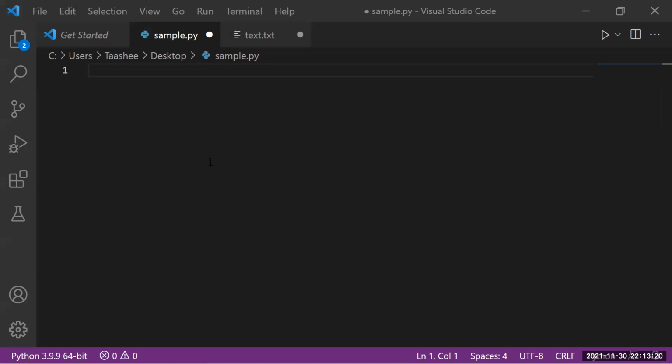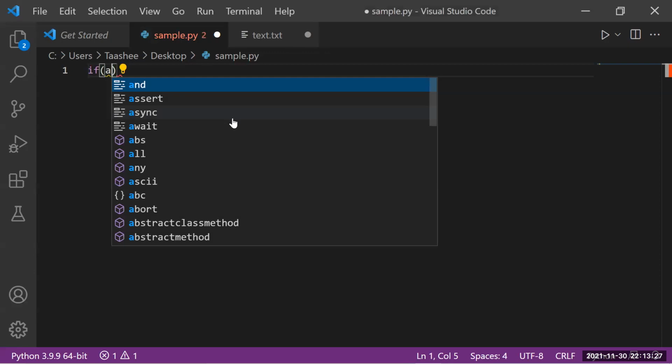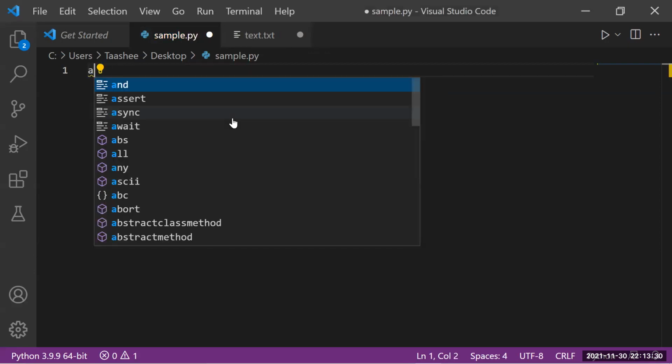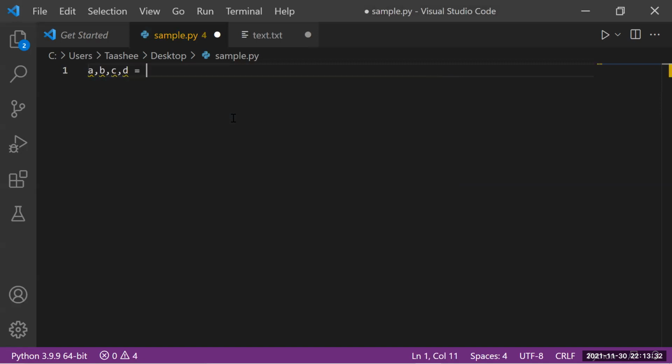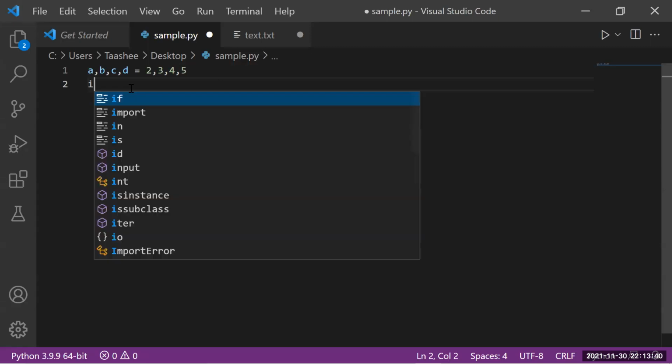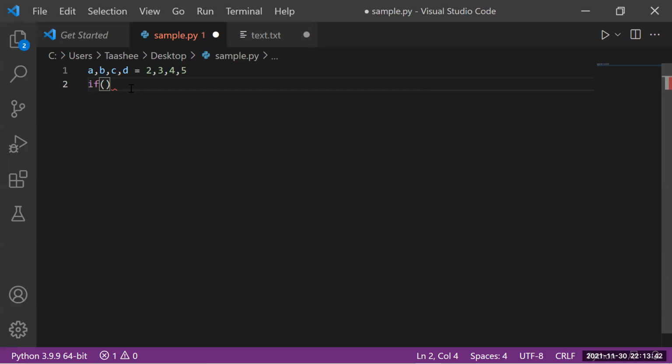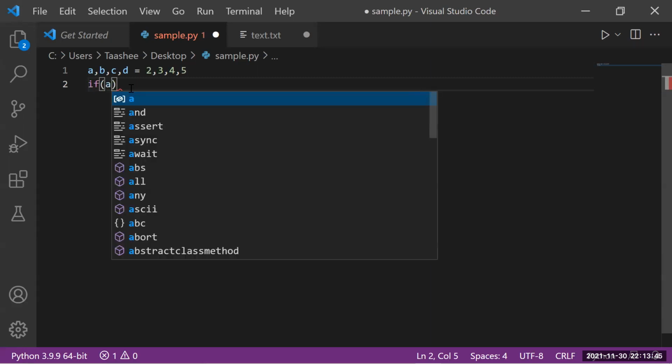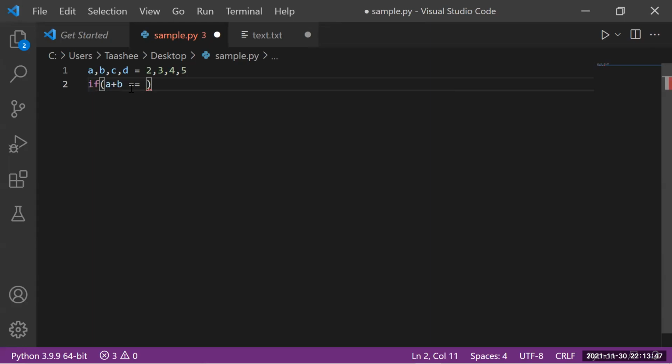Okay, now Python VS Code is visible, right? I'll just write the code here and I'll copy it there. I'm writing if, let me just specify the values. A, B, C, D equals 2, 3, 4, 5. Okay, these are my values, which is syntactically correct. Now, I can't give if directly as it is, but I can say A plus B double equals to 5 or B plus D double equals to 7.